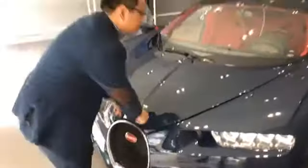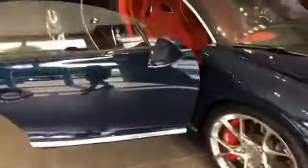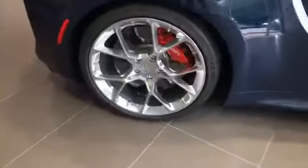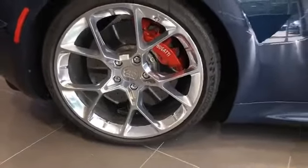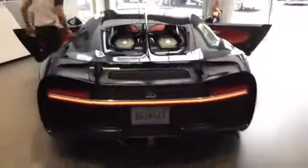Now, before you go, I know people want to fire it up and see if we can get folks at Bugatti to fire up the car for us. All right, folks. We're gonna get Bugatti to fire up the car for us real quick. Trust me, this is unlike anything you have ever seen. That is 8-liter